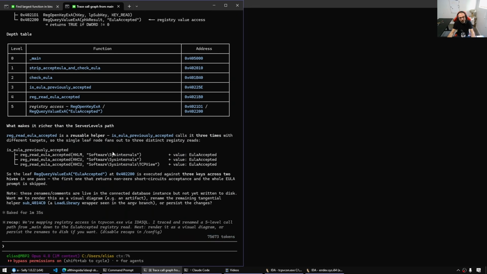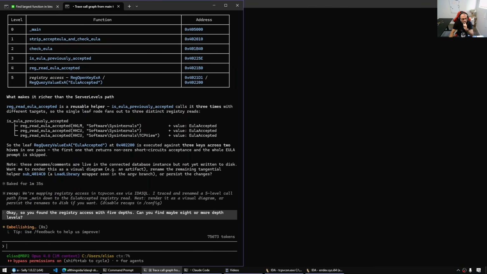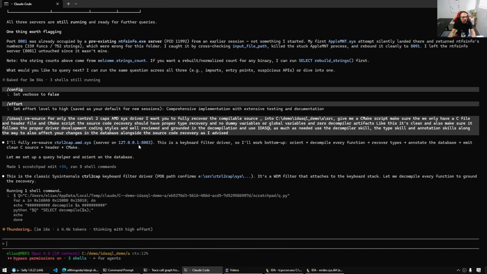Let's ask a harder question. Okay, so you found the registry access with 5 depths. Can you find maybe 8 or more depth levels? So now I'm asking you, hey, do we have something that accesses the registry from main, but we need to have 8 call depth levels? Meanwhile, this one